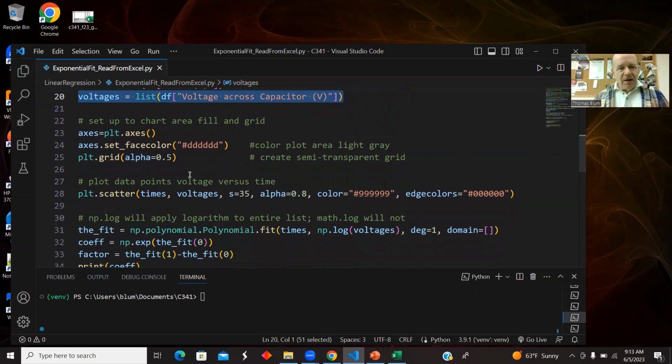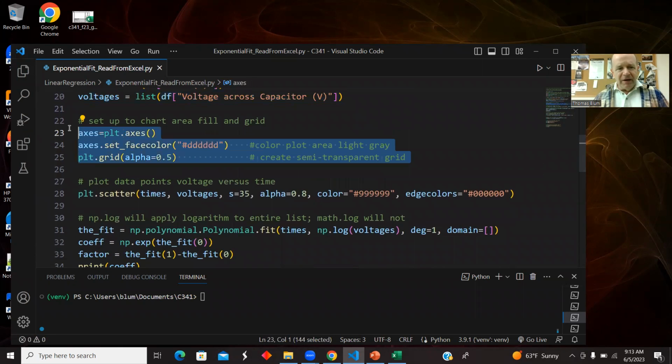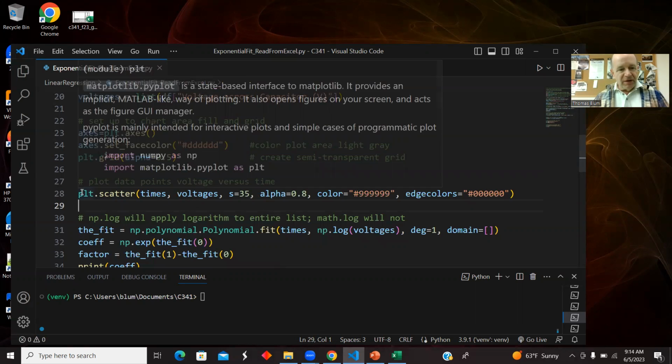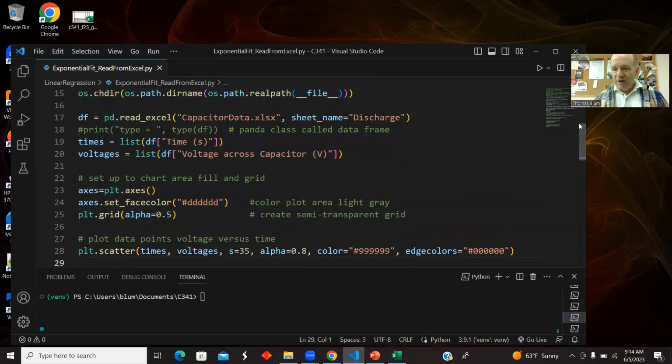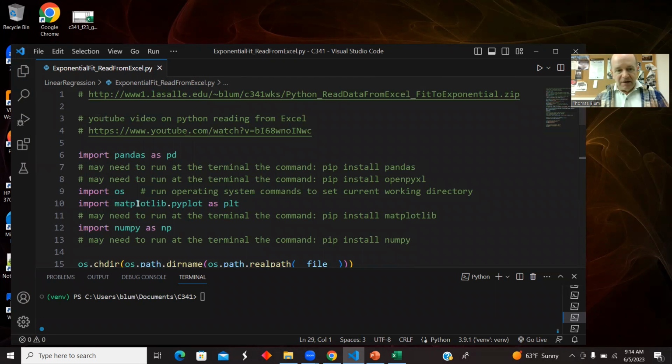I'm setting up to make my chart. So axes and the set face color just allow me to choose a plot area, which I made a light gray, and I put in a little faint grid. Here we're using plt, which was the matplotlib pyplot,